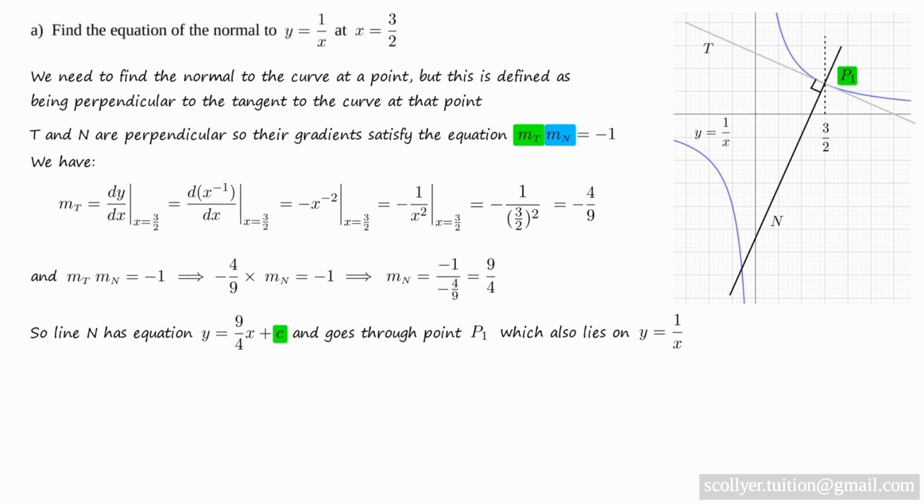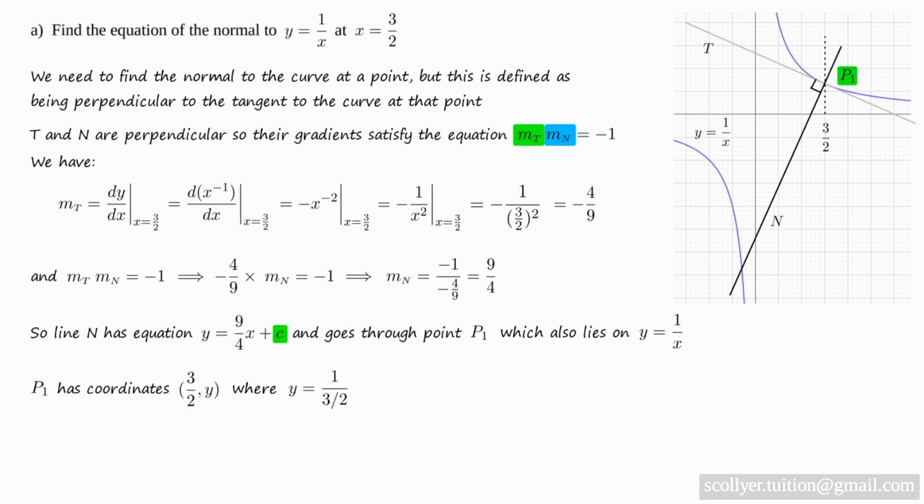And since we know that P1 lies on both the line n and the curve y equals 1 over x, if we find the coordinates of P1, we can substitute them into the equation y equals 9 over 4x plus c to find c. Now, P1 has coordinates 3 over 2, y, where y equals 1 over 3 over 2,